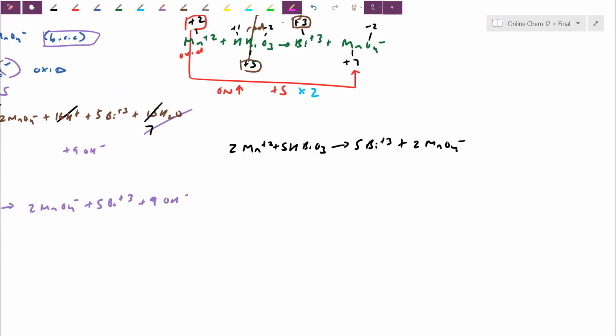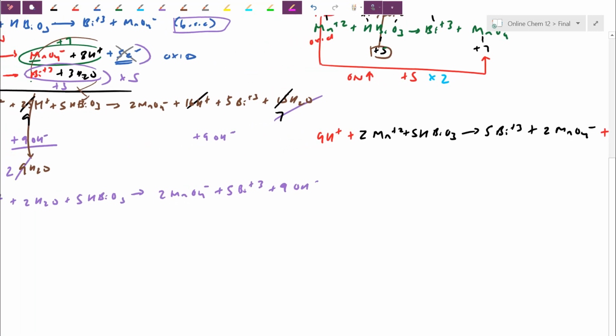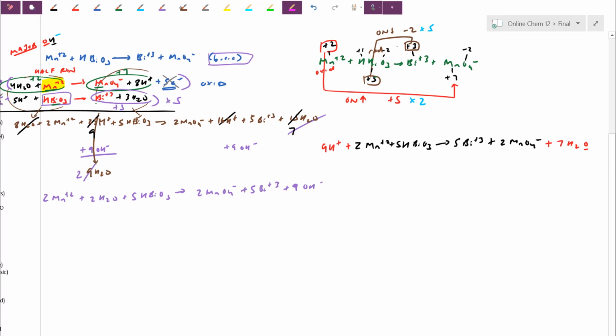So how many total O's do I have? 5 times 3 is 15, 2 times 4 is 8. I need to add 7 waters to the right-hand side just to make sure the number of O's match up. In terms of H's, I have 14 H's. So far I have 5 already. I'm going to need to add 9 H+,